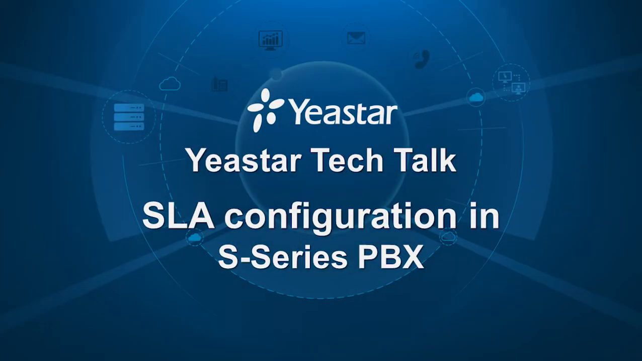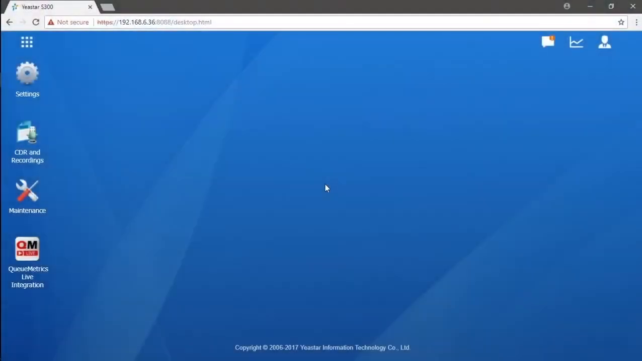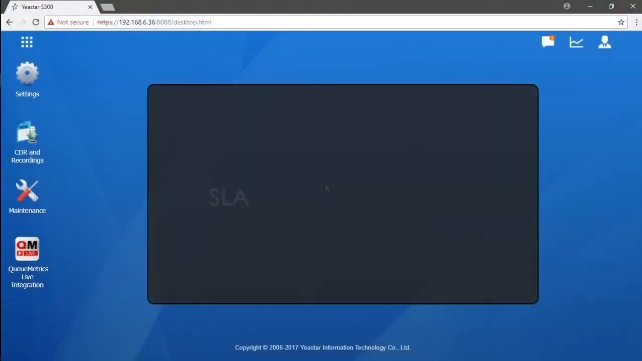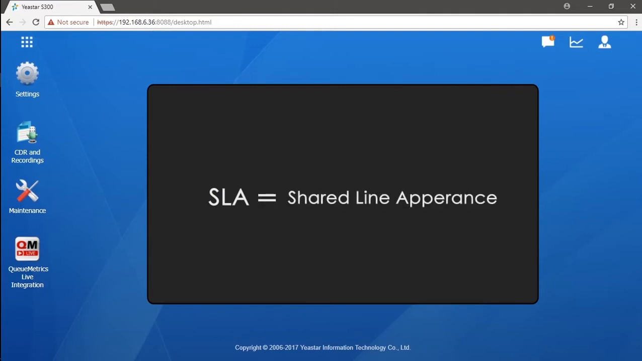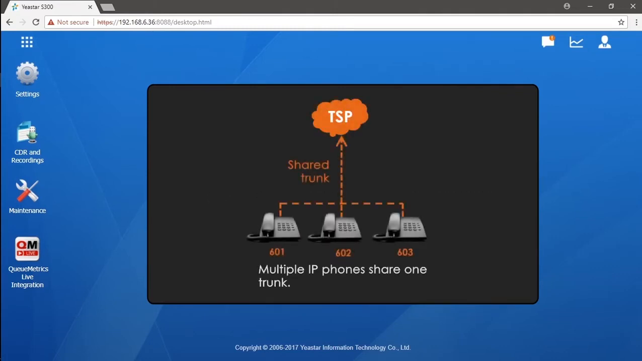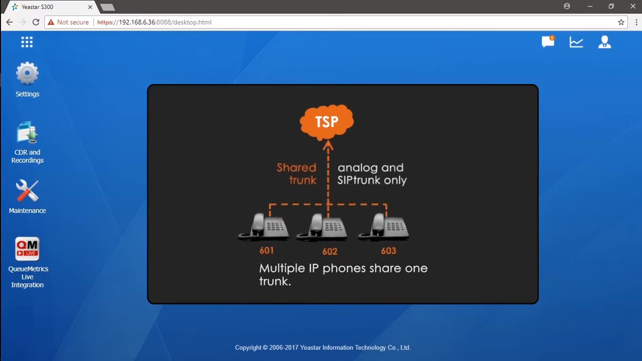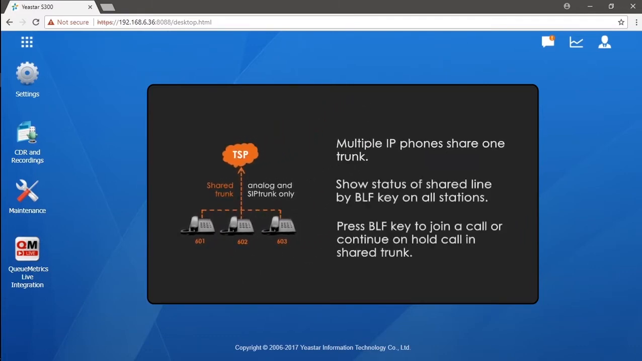Today, we'll be talking about how to make SLA work on Yeastar S-Series VoIP PBX with an FXO and a SIP trunk. First of all, let's figure out what exactly SLA is. SLA, Shared Line Appearance, is a feature that allows sharing a trunk among a bunch of stations, which would be our IP phones. With SLA, all IP phones could share the same line to monitor the trunk status by BLF